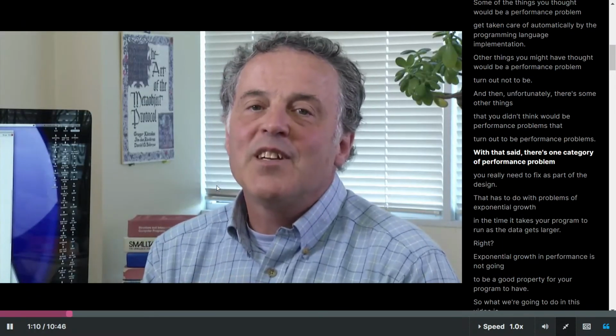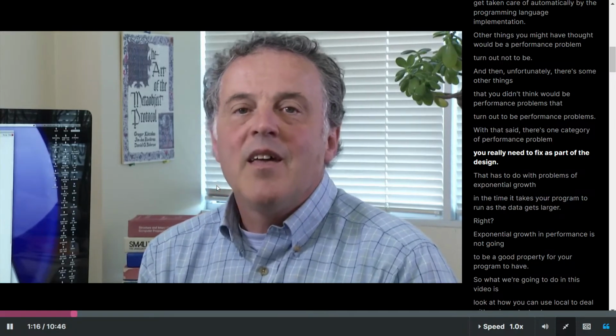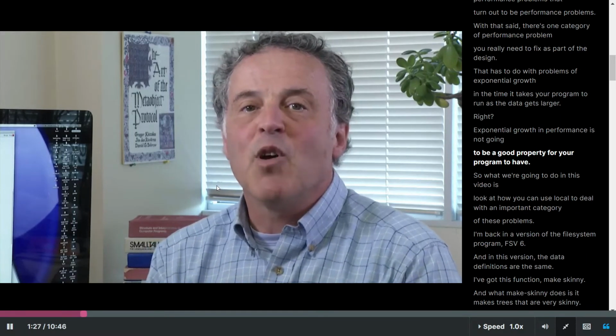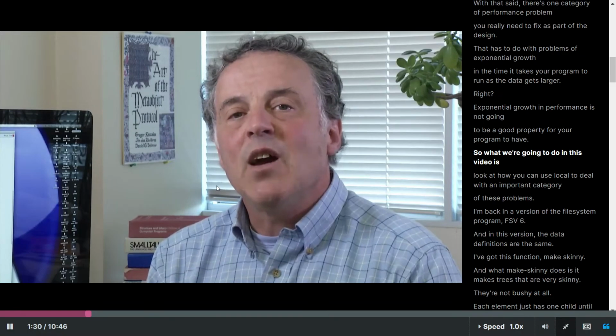That said, there's one category of performance problem you really need to fix as part of the design. That has to do with problems of exponential growth in the time it takes your program to run as the data gets larger. Right? Exponential growth in performance is not going to be a good property for your program to have. So what we're going to do in this video